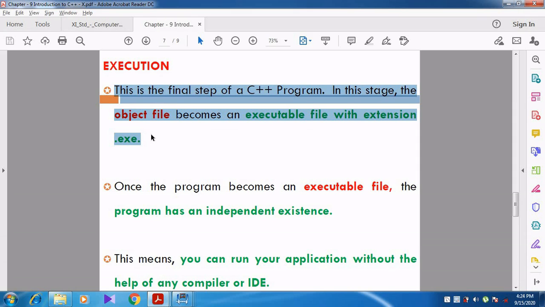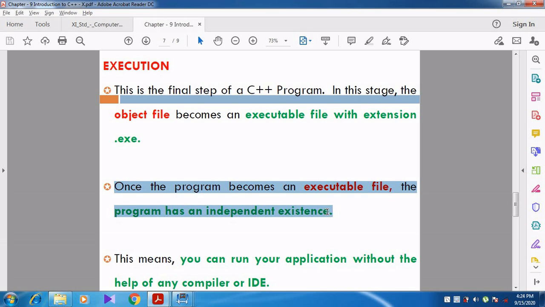Once the program becomes an executable file, the program has an independent existence, so it can run on its own.